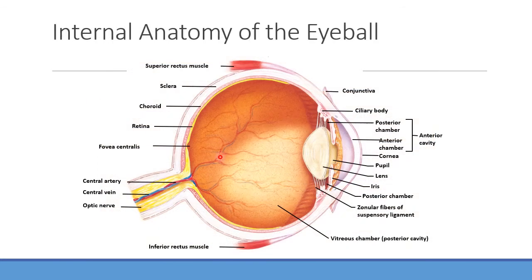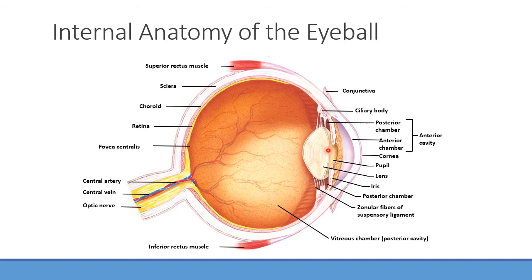Okay, notice there are major components to the eye here. There are major chambers essentially. We're going to have the vitreous chamber, which is also known as the posterior cavity. We're also going to have the anterior cavity here, and this gets broken down into what? Yep, posterior and anterior chamber. Those are important to know because if you have pressure buildup here, anyone should call that ocular hypertension. Yeah, glaucoma becomes a big deal, especially in a lot of older patients. We'll talk about why that is a little bit later, but this is a big deal as far as the pressure buildup there.